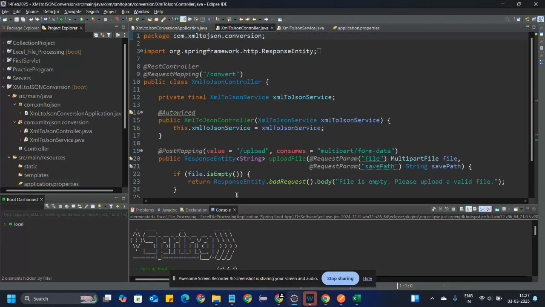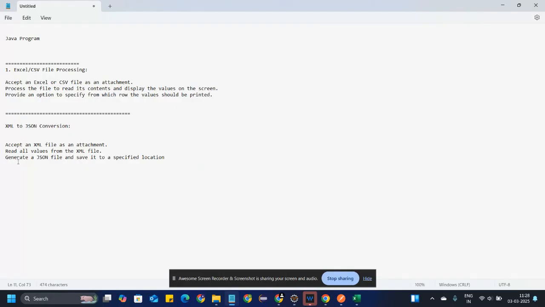What is my task? My task is to accept the XML file, read all values from the XML file, generate the JSON file, and save it where the user wants to save the file.